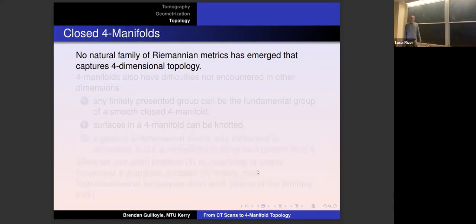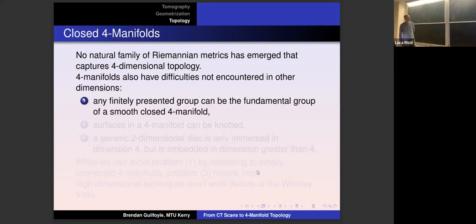The problem with closed 4-manifolds. This is really the question I want to try and put across, how the ultra-hyperbolic equation can help in some way. The problem with closed 4-manifolds is that there is no natural family of Riemannian metrics. In the case of 3-manifolds, it's the homogeneous metrics. In dimension 2, it's the constant curvature metric. So what about dimension 4? Well, 4-manifolds don't have any very natural